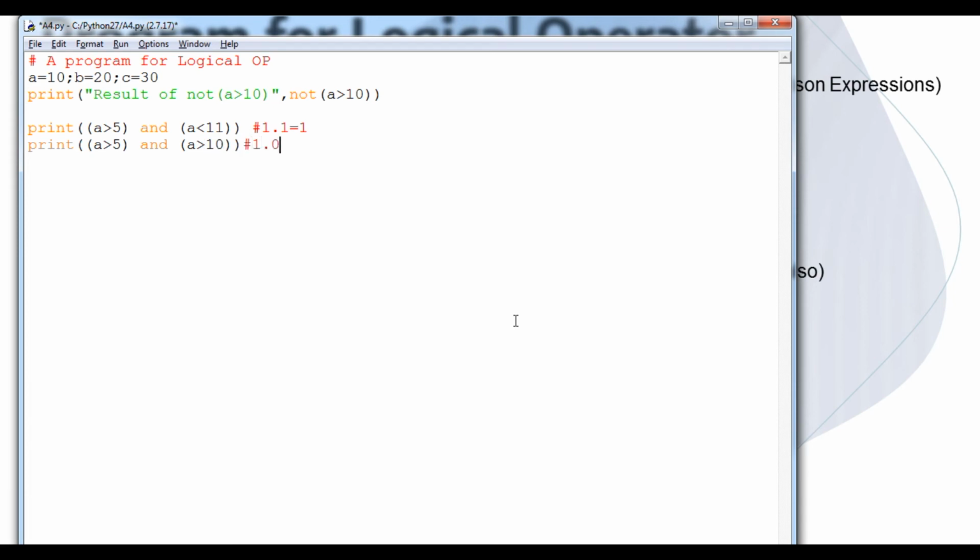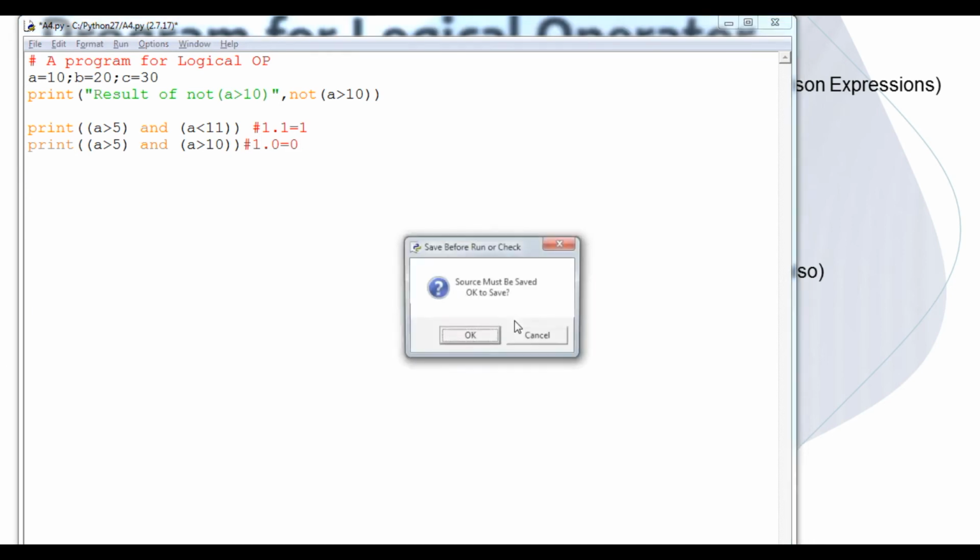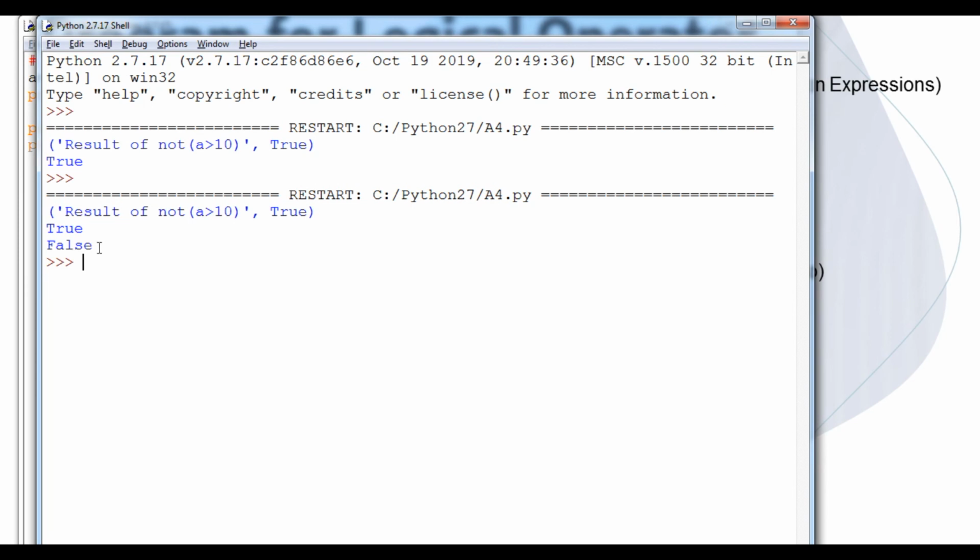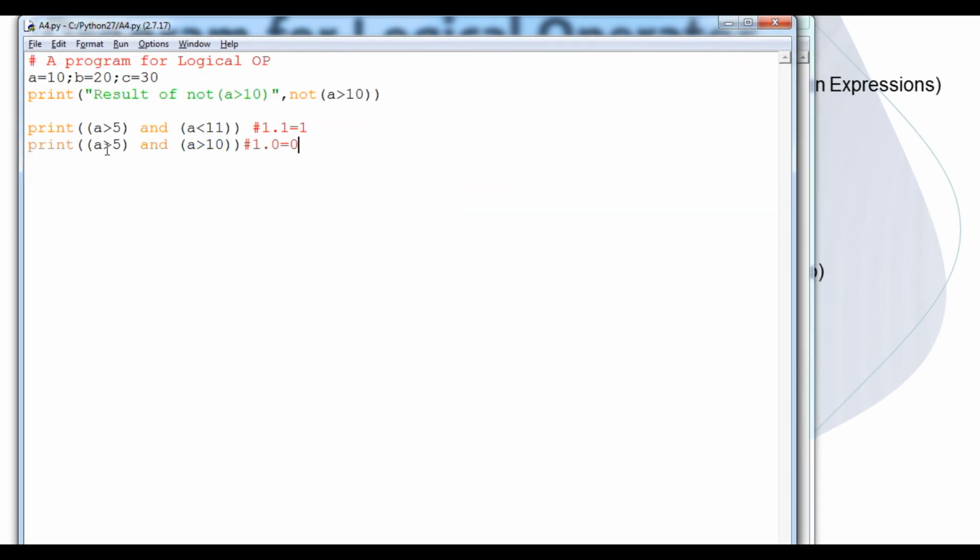So it means 1 and 0, so the result will always be 0 because it is an AND operation, so the output will be false. Can you see, student? First expression is true but second is false, so the final output will be false, that is 0.